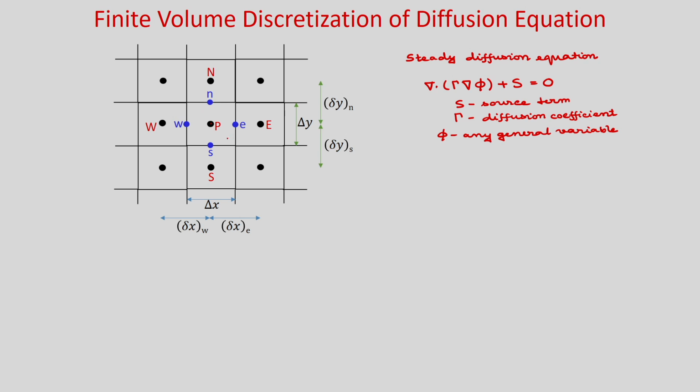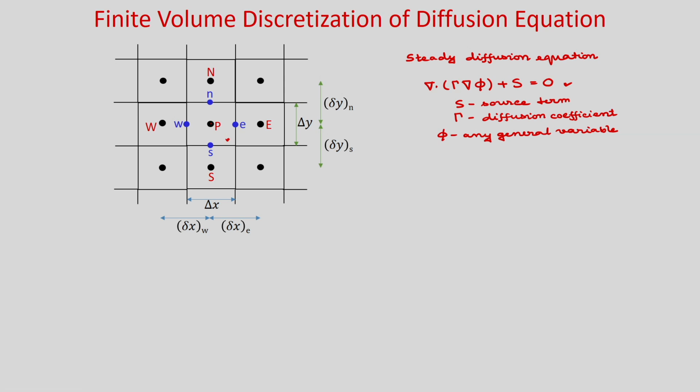So, as we have considered two dimensional grid, so for this particular cell we have 4 faces. So, one is small e, that is the face center, then small n, face center of the north face, small w is the west face, and small s is the south face center. So, we will now integrate this equation over this control volume. So, that is the main control volume. So, in the main control volume we will integrate it.